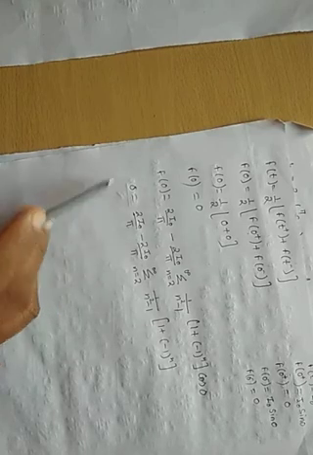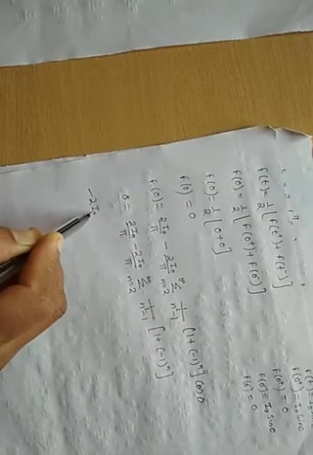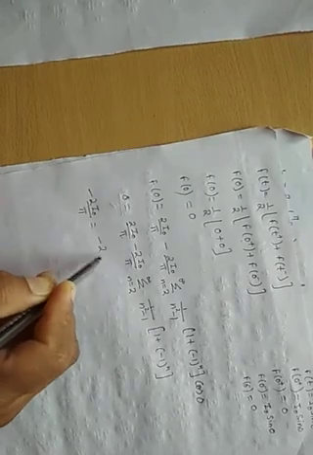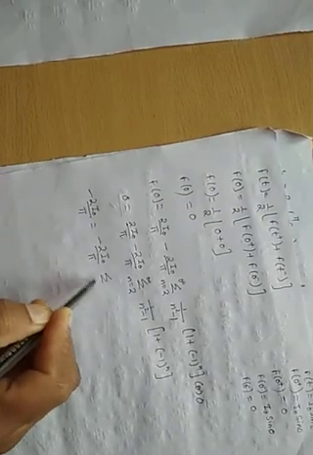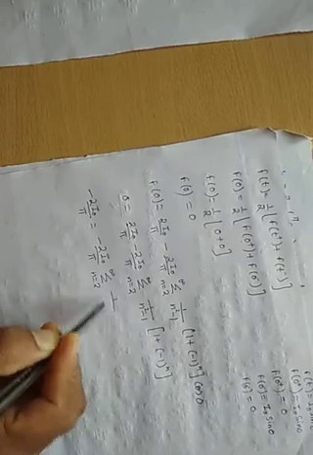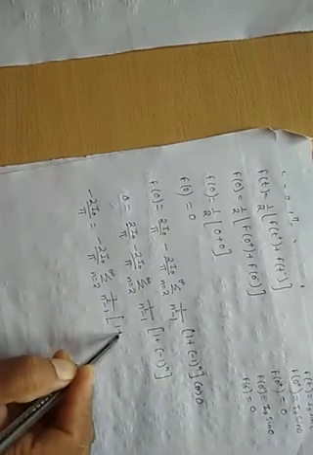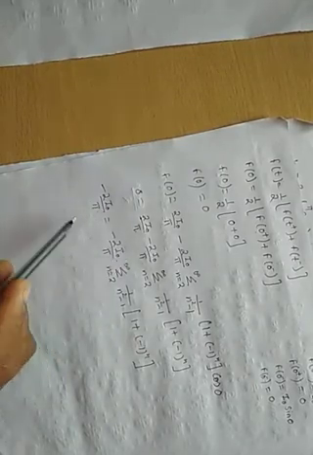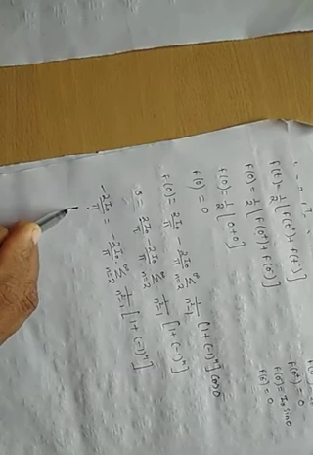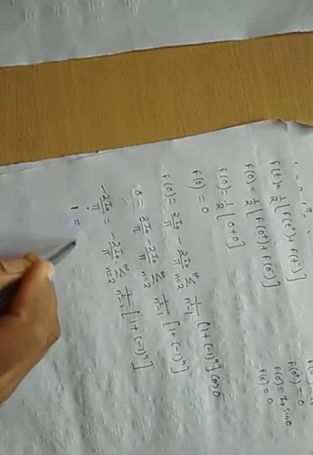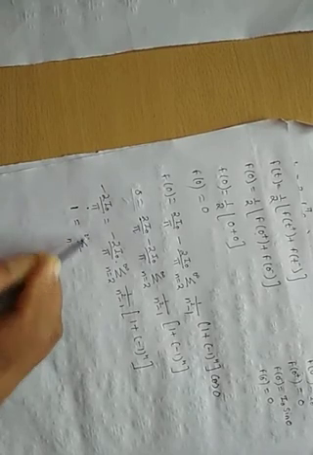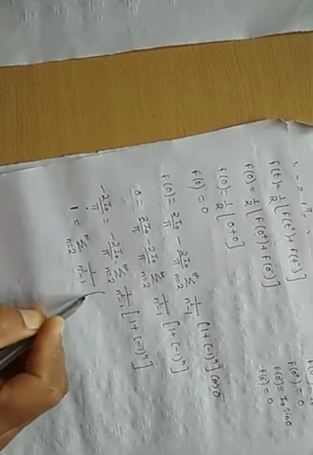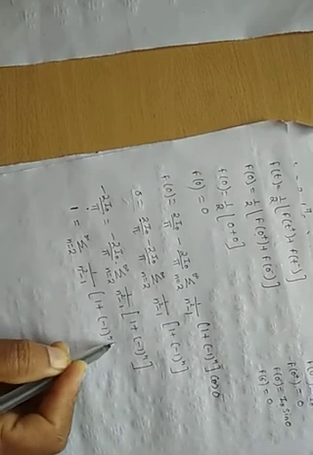Shift this 2 I naught by pi this side, so it will become minus 2 I naught by pi is equals to minus 2 I naught by pi summation n equals to 2 to infinity 1 upon n square minus 1 into 1 plus minus 1 raised to n. Now since this is into this, minus 2 I naught by pi will get cancelled. What is remaining here? Here remains 1, not 0, is equals to summation n equals to 2 to infinity 1 upon n square minus 1 into 1 plus minus 1 raised to n.